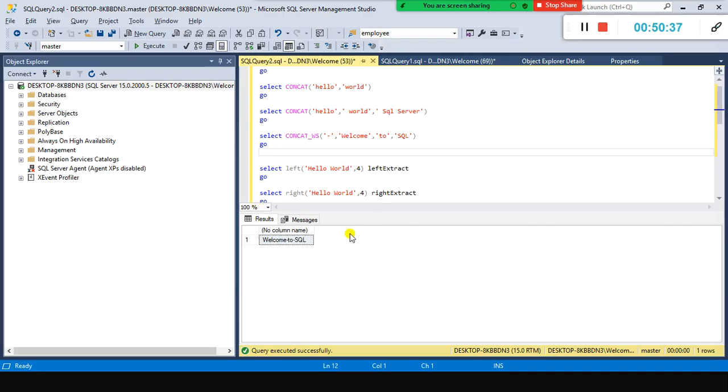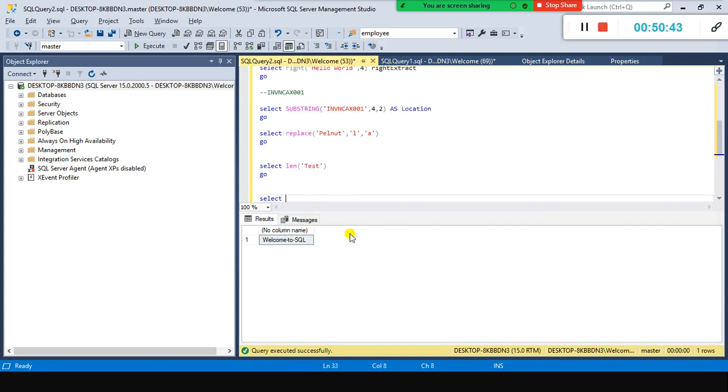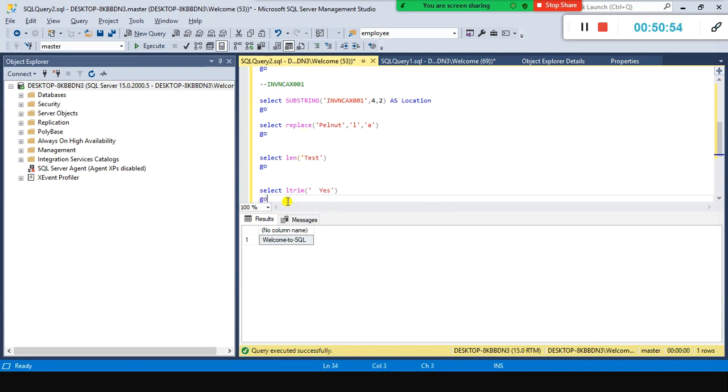Let's try LTRIM here. For example, I say select LTRIM of, let's say I leave 2 spaces and then yes, and go. It removes the leading blank spaces.